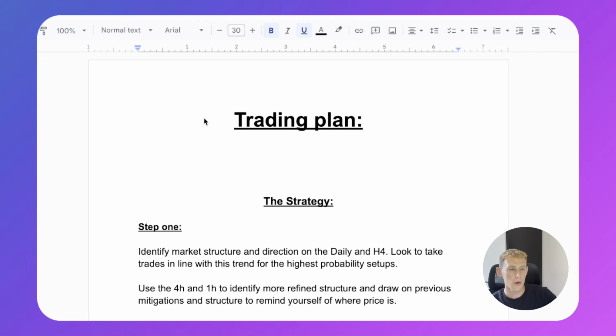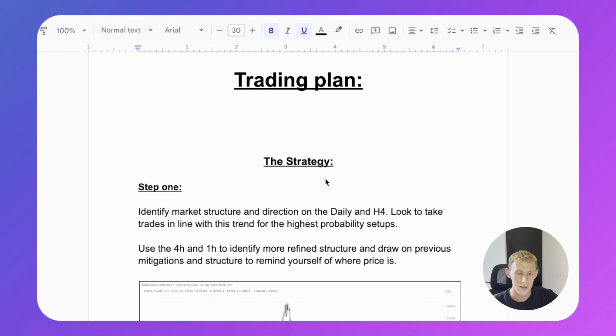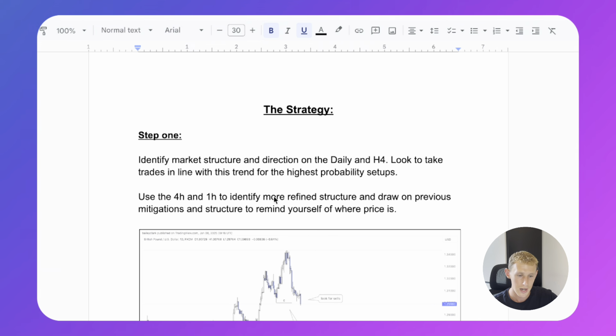Alright guys, so before we get into the backtesting itself, let's just do a quick walkthrough of the trading plan and strategy itself. If you have seen any of my previous videos, feel free to skip ahead to the backtesting because you would have already seen this trading plan walkthrough. I'll go ahead and put the chapters at the bottom of the screen so you can see where the backtesting starts. But for anybody new that hasn't seen any of the previous content, this is the trading plan, and I